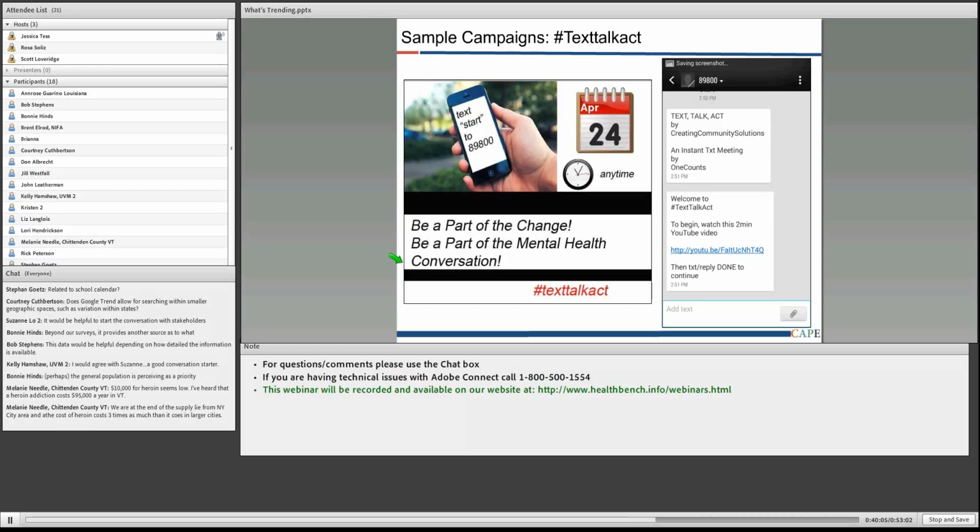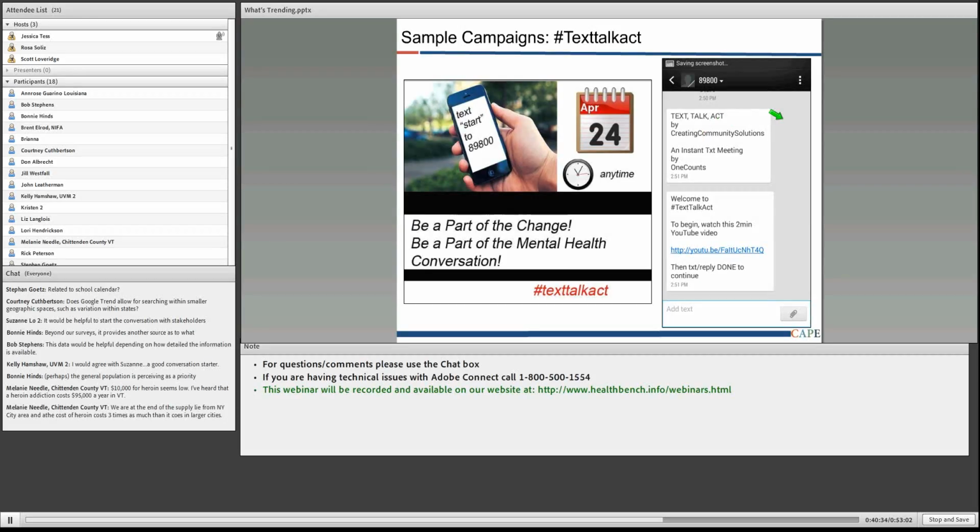Just a couple more examples. On April 24th of this year, thousands of people across the country participated in this campaign, Text Talk Act, to again help end the silence on mental health. If you had a smartphone, you could text this number anytime on April 24th. So I participated, and here's a screenshot of what popped up on my phone when I texted